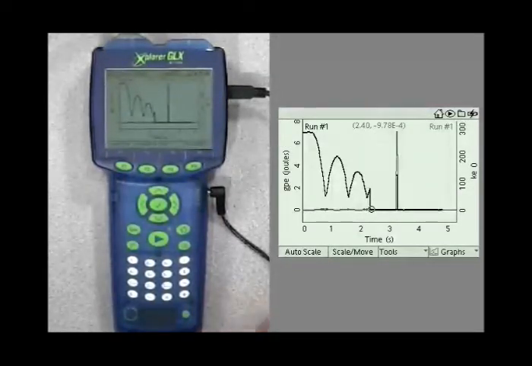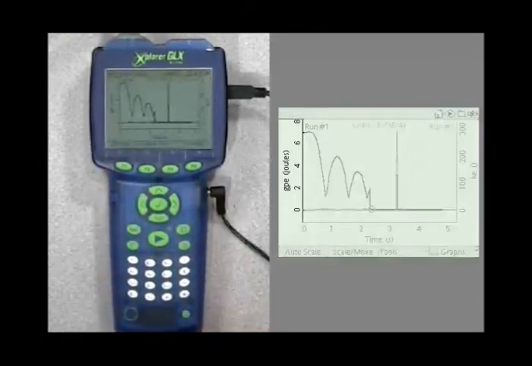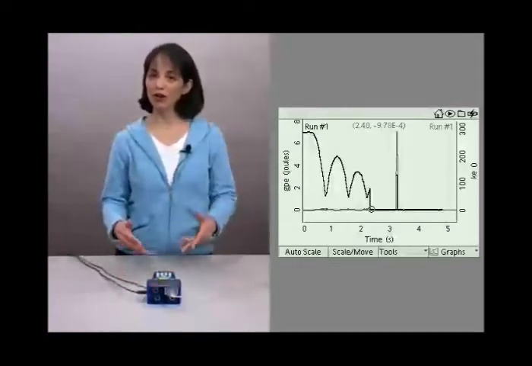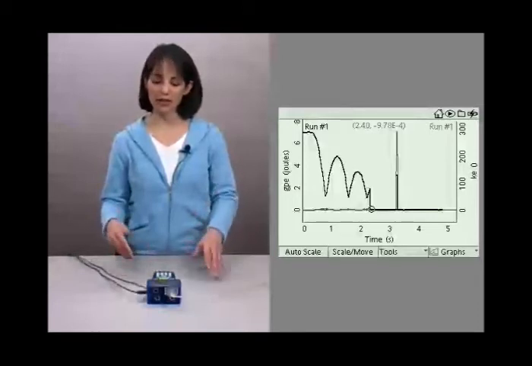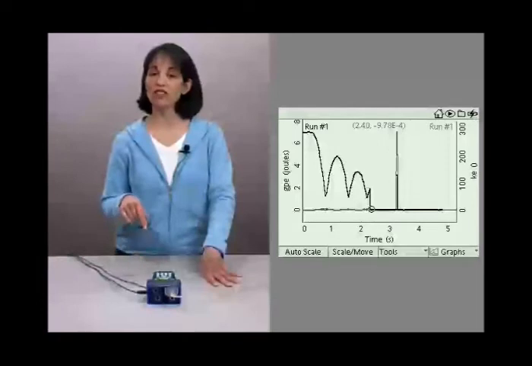Take a look at the axes on this. Notice that for the gravitational potential energy, the scale goes from 0 to 8 joules. And for our kinetic energy, our scale goes from 0 to 300 joules. What we want to do is make sure that our units are aligned for both of those axes. One way that you can ensure that is to make sure that you have the same units on both sides